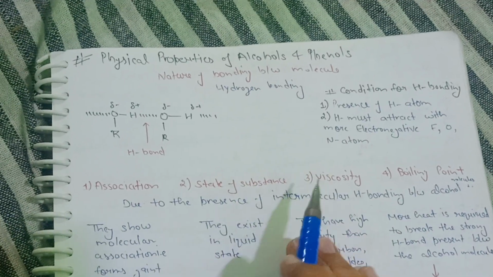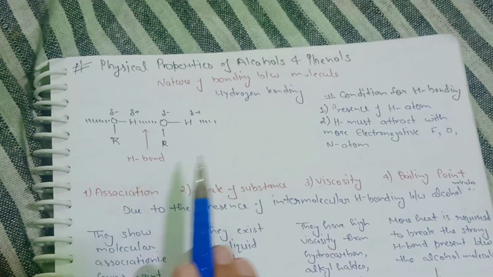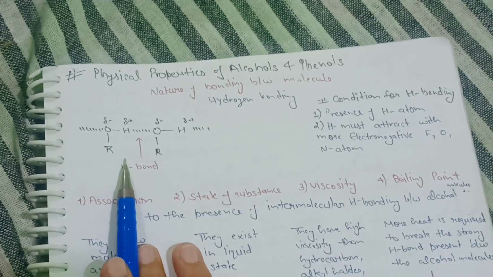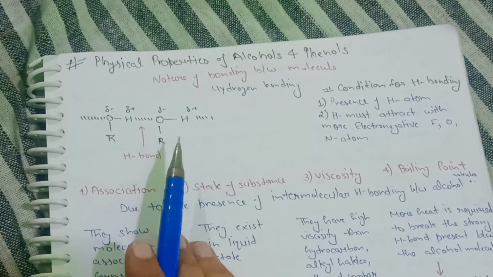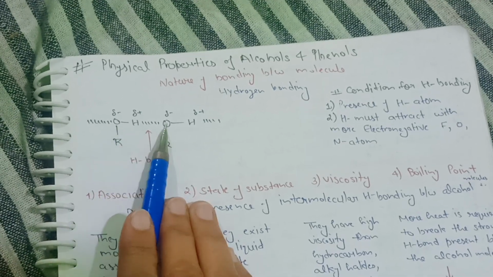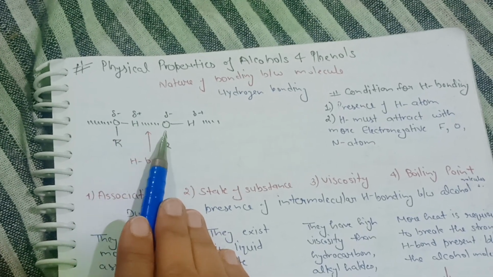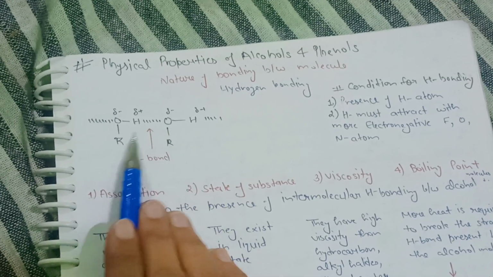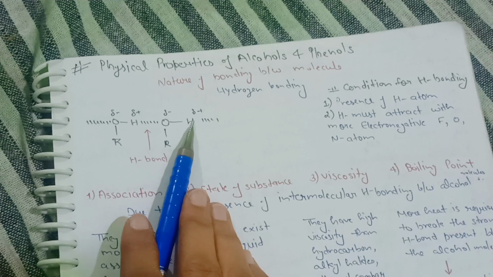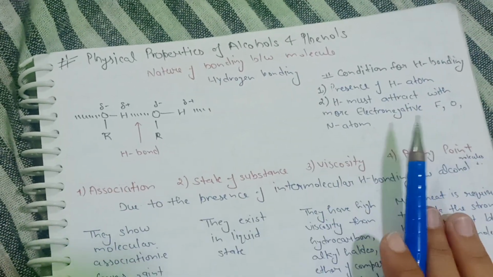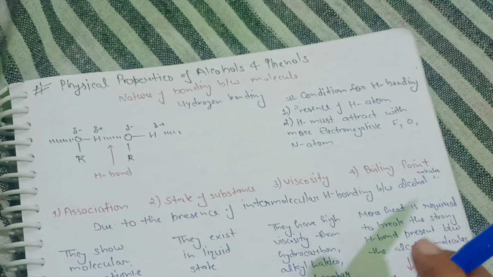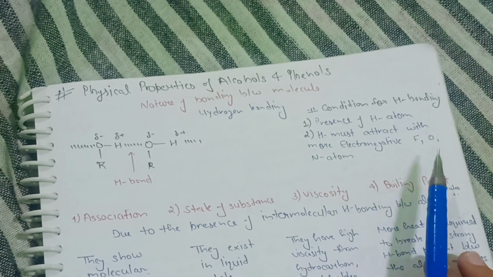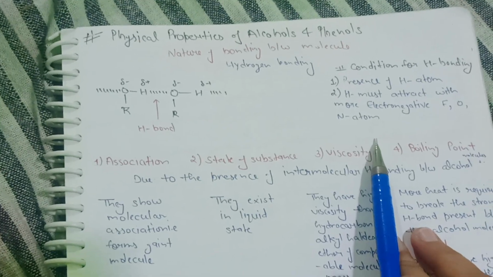Physical properties of alcohol. Nature of bonding between molecules. There is hydrogen bonding between alcohol molecules. One H is there, and there is intermolecular hydrogen bonding between H and O of the other molecule of alcohol. Condition for hydrogen bonding: presence of a hydrogen atom, and H must be attached to a highly electronegative atom: fluorine, oxygen or nitrogen. Association: